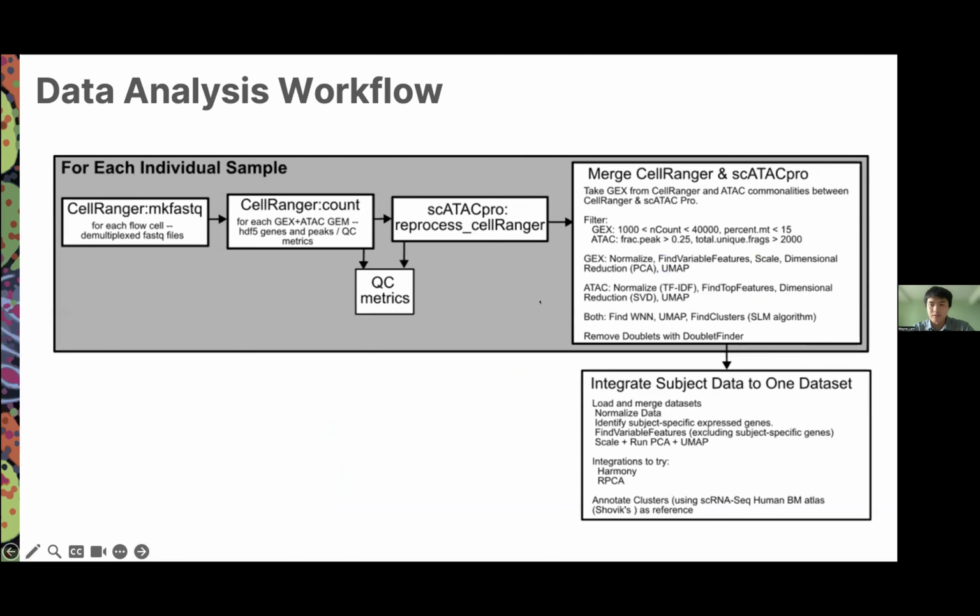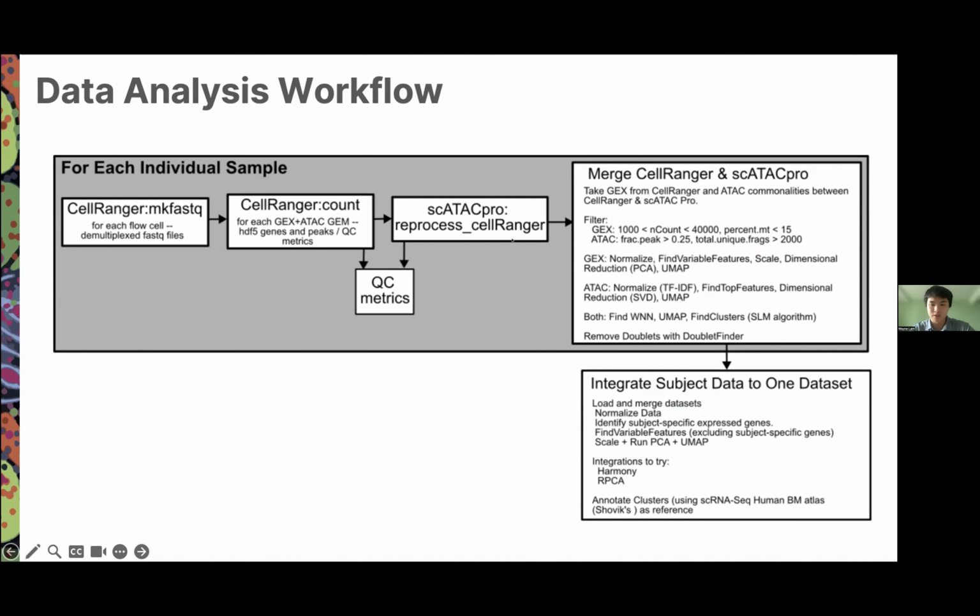And the data was then analyzed using this workflow. Cell Ranger was used to make FASTQ files and to count gene expression and peaks from the gene expression and ATAC data, as well as to generate some quality control metrics. And scATAC-pro was used to reprocess the data and to recount the peaks, as well as generate additional